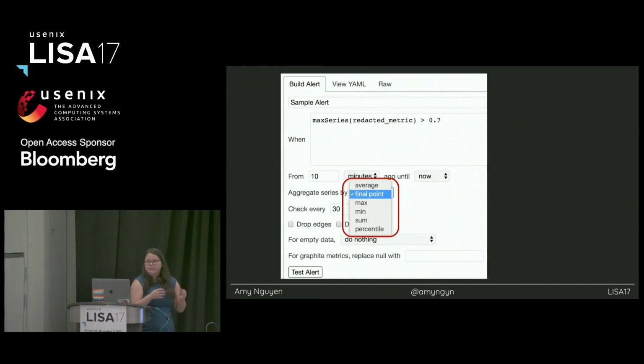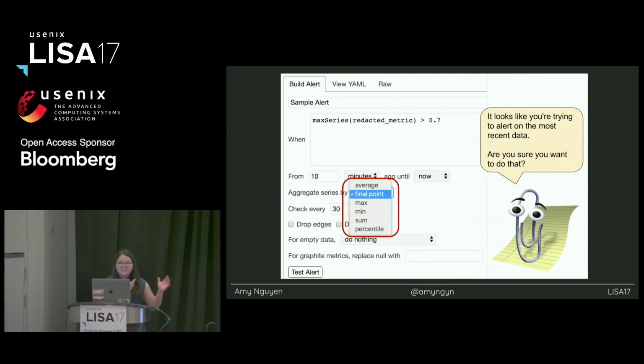It takes a while. And so whenever we heard someone say, I don't want to do the aggregating, I don't want to do the average, I just want to look at the last point in the line, we would say, oh no, you can't do that because that's usually going to be 0. So yes, final point is an option, but we hid it in the drop-down menu because no one clicks on drop-down menus. So I know it's sad. It feels bad because a lot of this is make things as easy as possible. But the more friction there is, the less people will do things. So we want people to do averages. We don't want them to do final point, so we just hide the final point so that you have to actively choose to do it, and then you hopefully know what you're doing.